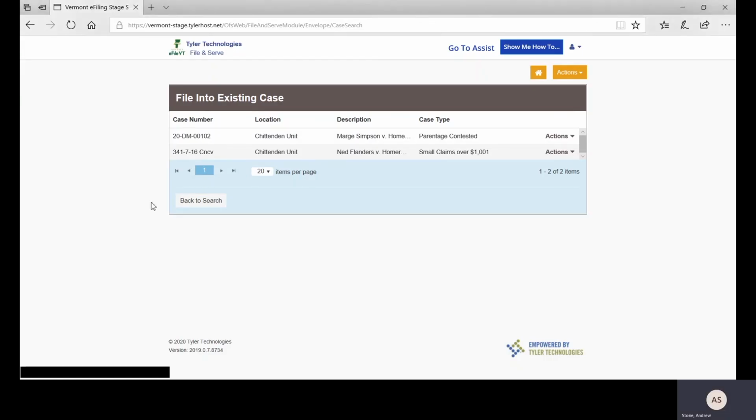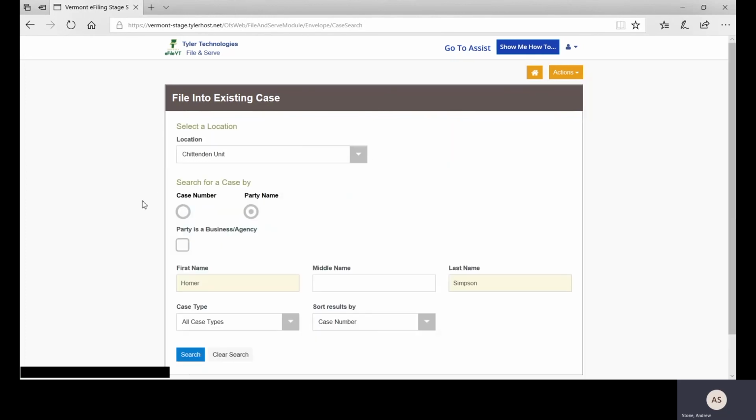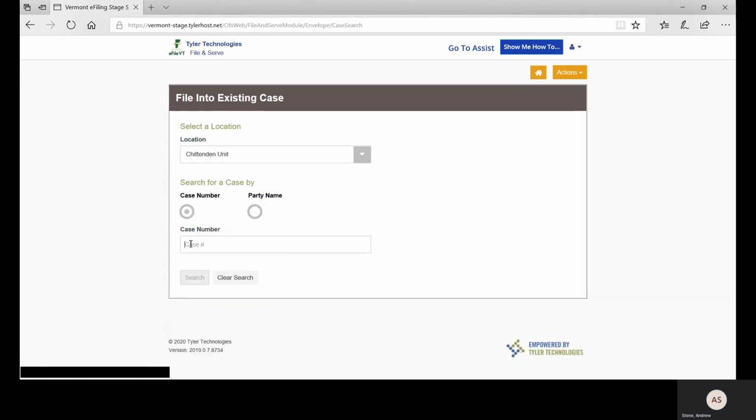Now, before I go any further into one of those cases, I'm going to go back and search by a case number instead. And here I'm going to put in the case number for a confidential case that would not have appeared on there. And that's going to be a new case, and it's going to be a relief from abuse. And it's going to have a case number that looks like this. But here I'm also going to show a little bit of shorthand that the system accepts. So this would be the full case number here,